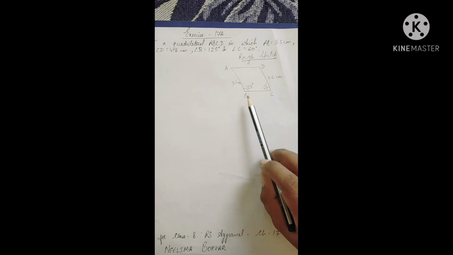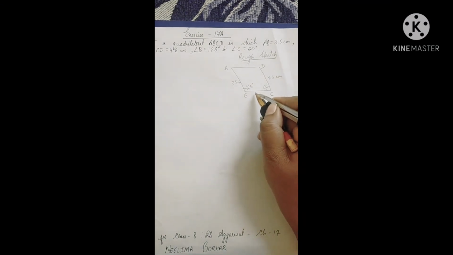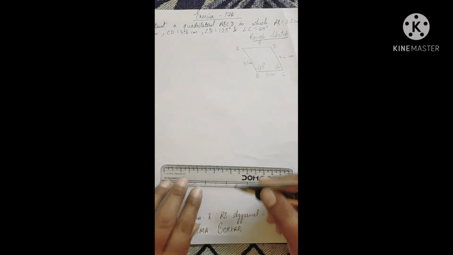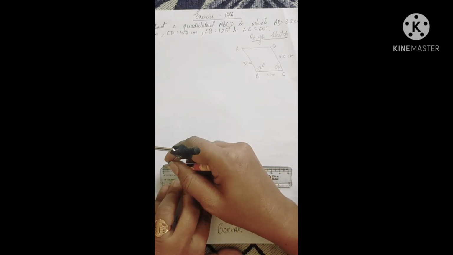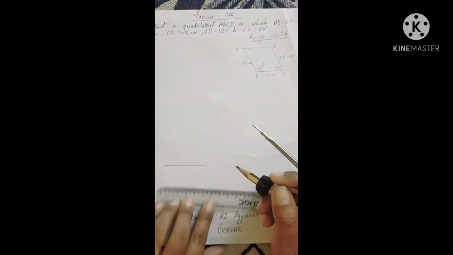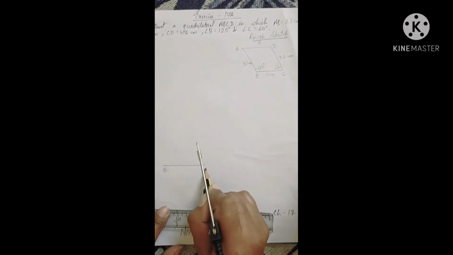Now we are going to do the final construction of the quadrilateral ABCD. For that we see here that BC is the base. So you draw BC to be base, and its measurement is 5 centimeter. Here is BC. So you write down here BC, and it is of 5 centimeter. Okay, now we want 125 degree at angle B.